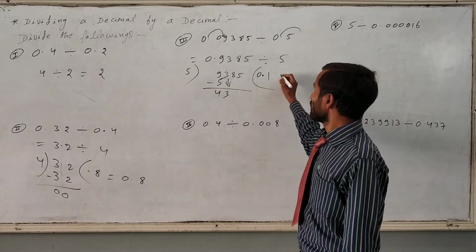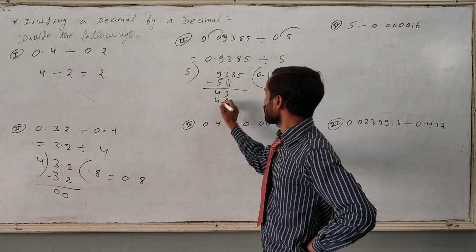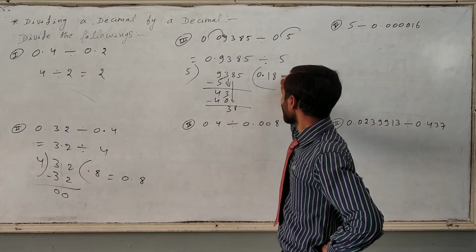Then 5 eights are 40. Now subtract, 3 will come. Then write down here 8. Again 5 sevens are